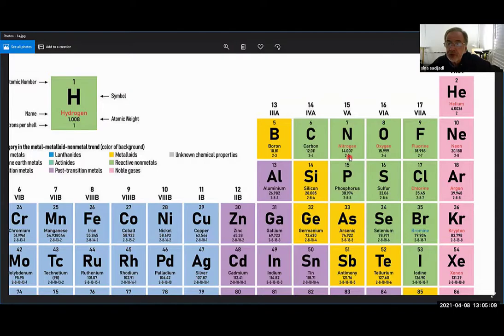12.001, 14 point whatever, right? So what's that all about? There's another number. This is called atomic weight. So I'll tell you the definition of atomic weight, then I'm going to show you slides to explain what this atomic weight exactly is. By definition, the atomic weight is the average number of protons and neutrons